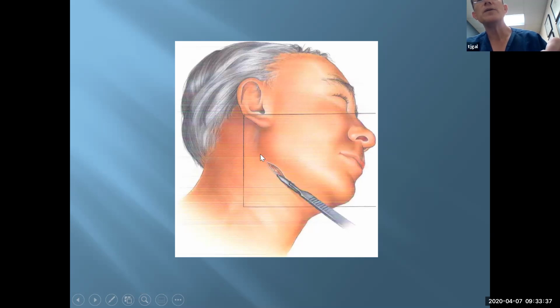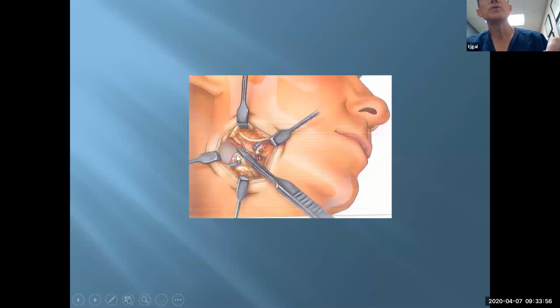But if you need more access to the mandible, you're probably better off making it a little bit lower and a little bit bigger. Again, these are scars that are well tolerated in head and neck surgery. They're just as well tolerated in fracture repair, and a bad fracture repair looks worse than a scar on the neck. Okay? So once you're in here, you've ligated the vein, you've ligated the artery, you're dropping the gland down,